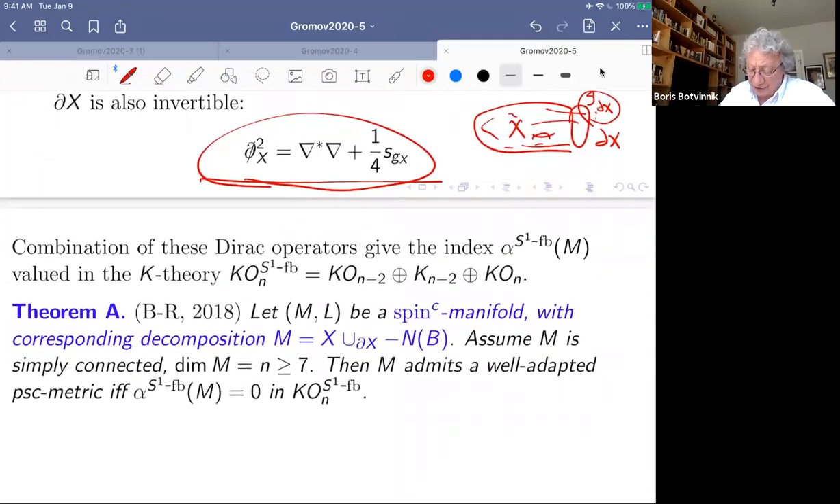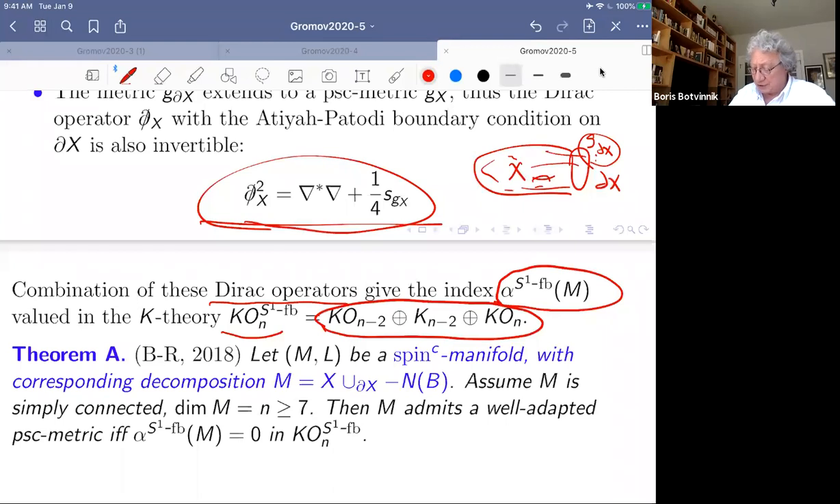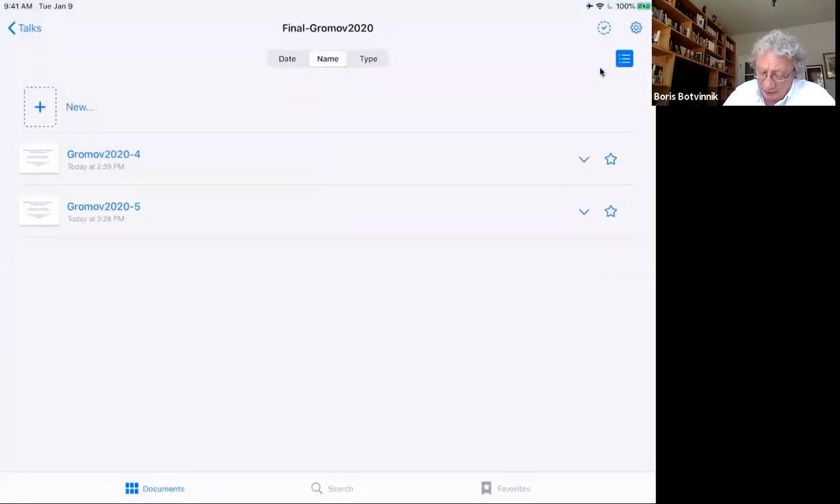Now, we combine these three Dirac operators and give the index alpha S1 FB, fiber singularities, as valued in the K-theory, which is actually a sum of three particular groups: real K-theory in degree n-2, which comes from the Dirac operator on B; complex K-theory, which comes from the Dirac operator on B twisted by L; and the other one is on X with APS boundary condition. And then we have the following